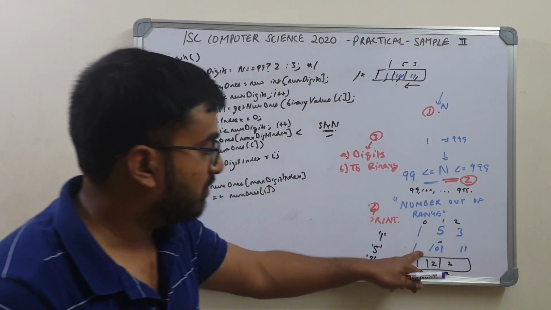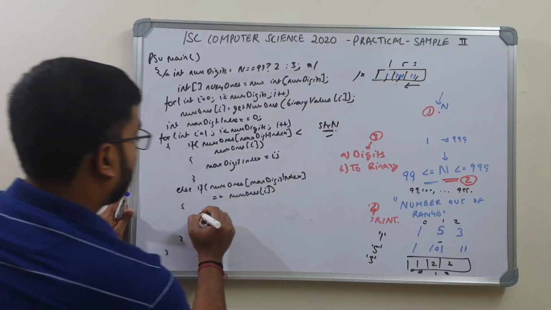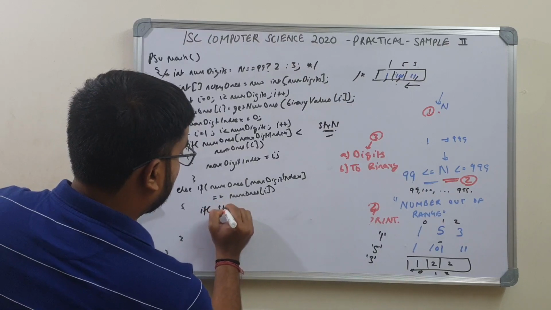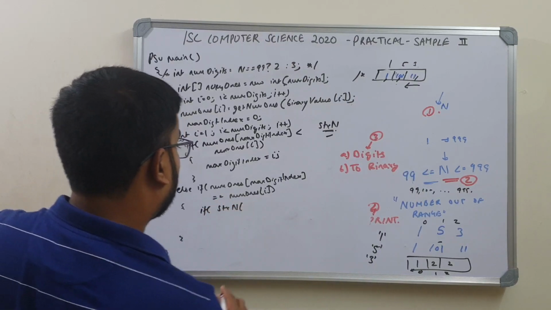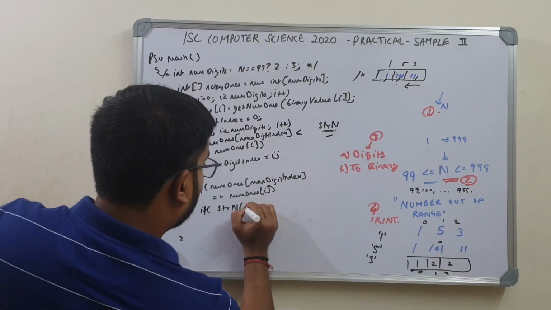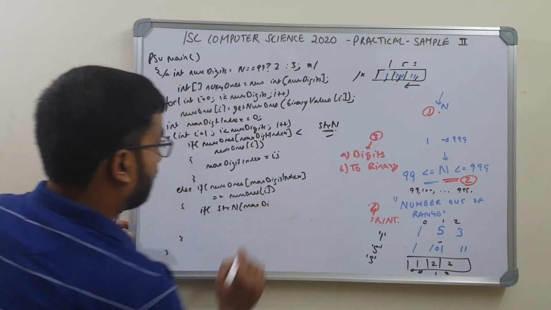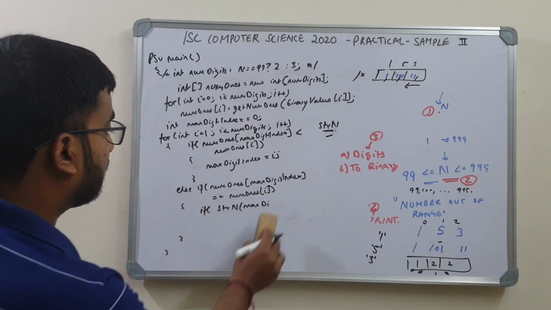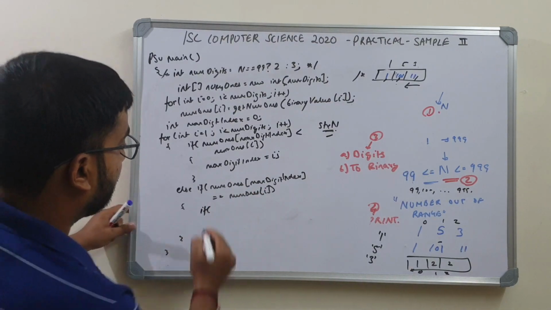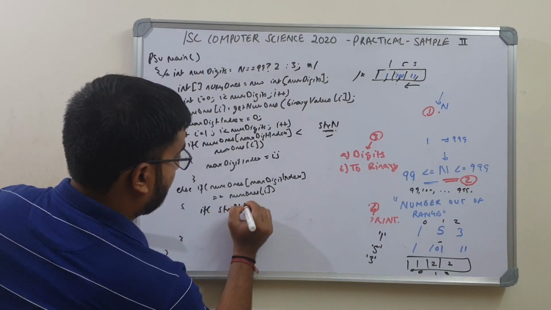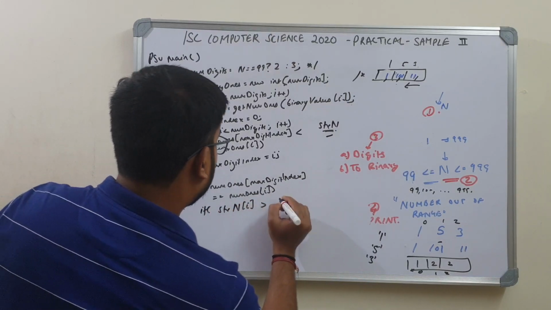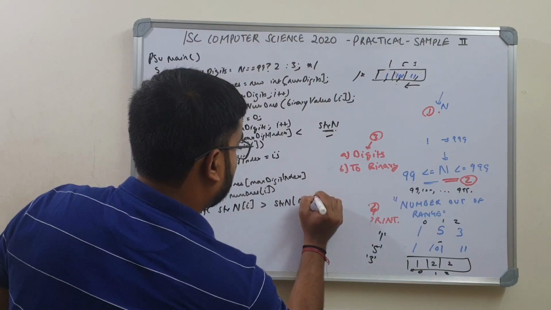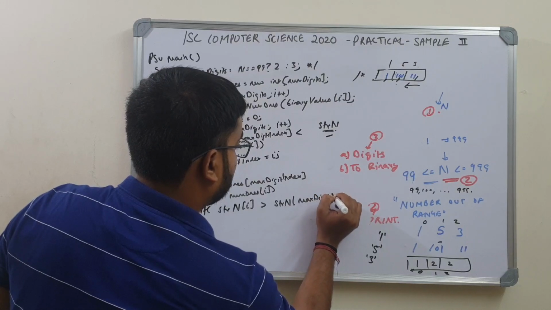So if two are equal, I'm going to compare str n of max, so you update this max digit only if the ith digit is greater. Okay, so I'll say if str n of I is greater than str n of max digit index,